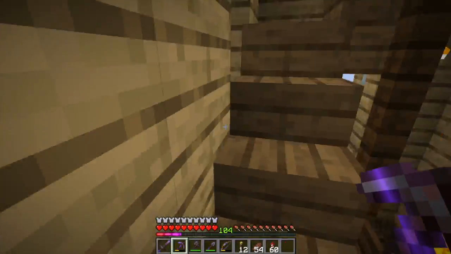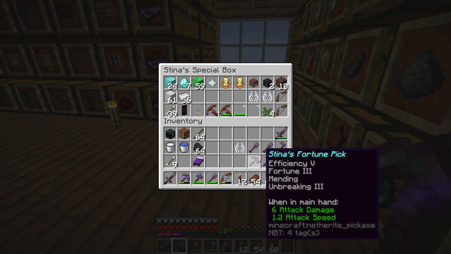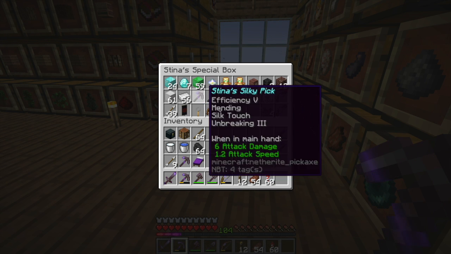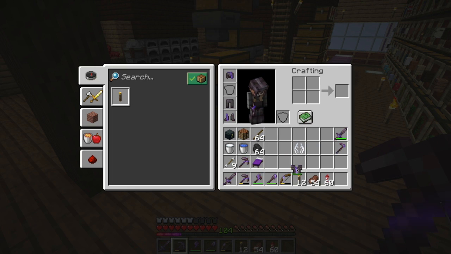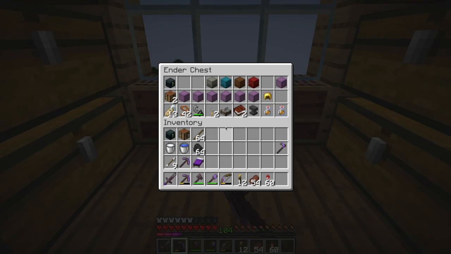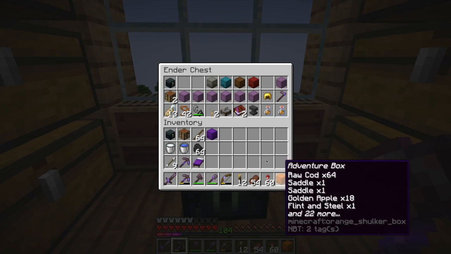I really, really do. Okay, I'm gonna go put this away because there's a bunch of stuff here that needs to go back into my shiny chest. Okay, this fortune pick stays in my inventory. This one and this one come up here. These shovels come up in here. Oh, let's take off the shirt. The shirt actually goes in my adventure box because I very rarely wear it. My wither smacker also goes in my adventure box, and my netherite hoe goes next to my buttercap. So let's put these things away. And now I can go show you